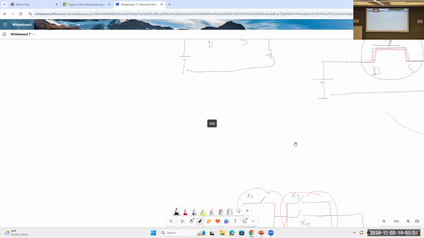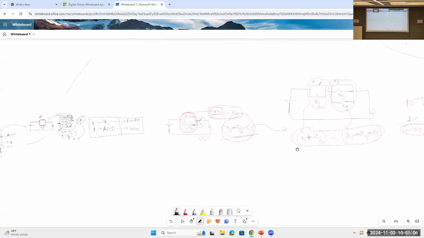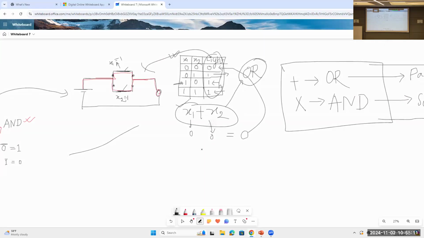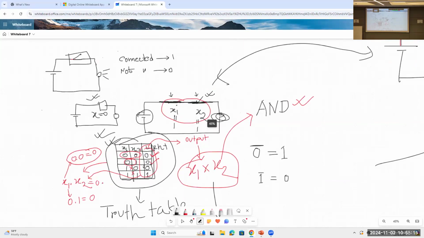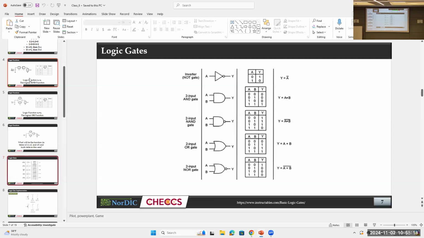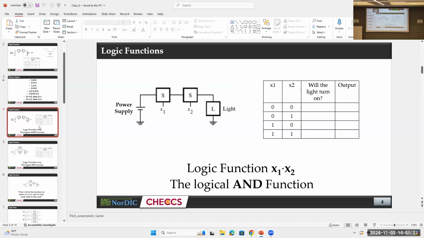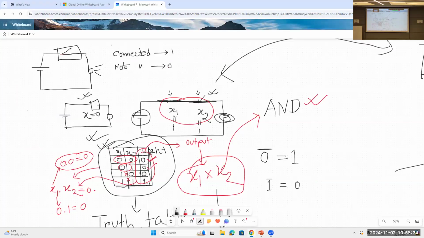Let's go back to the slide. So this was the AND operation when the switches are connected in series. If we just invert the output,